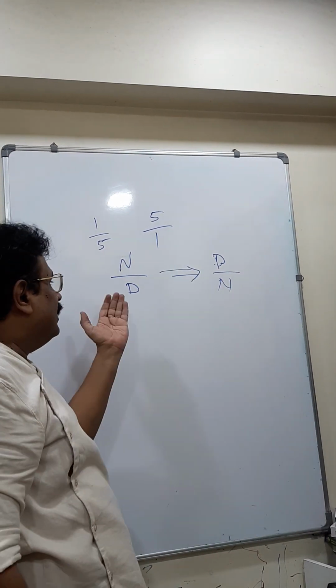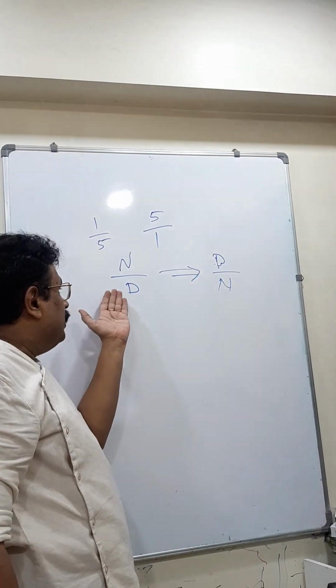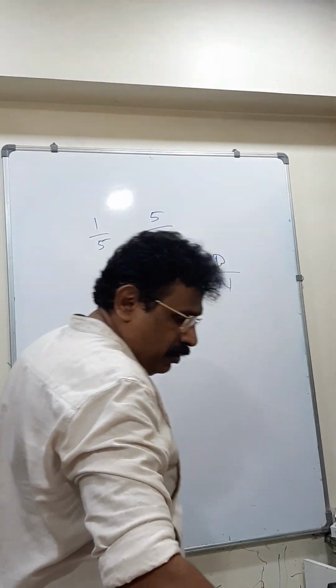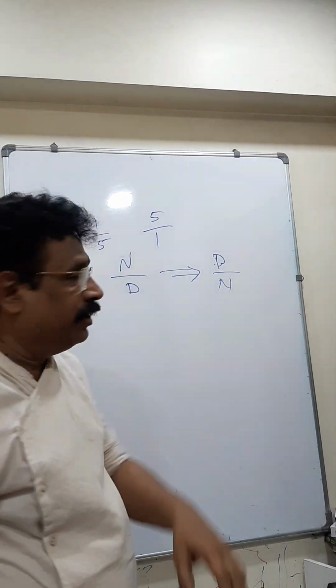Exactly ulta hai. This is nothing but multiplicative identity type. Because when you multiply a number with its reciprocal, you get the answer 1 always. I'll show you. You will always get the answer 1 when you multiply a number with its reciprocal. Now,